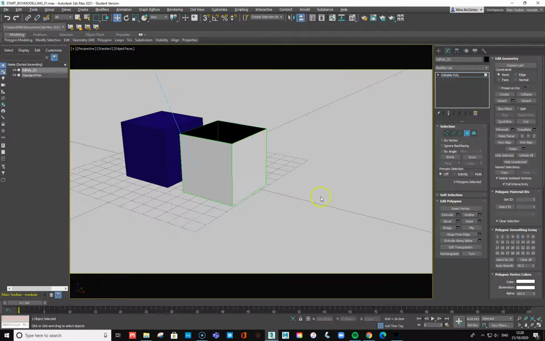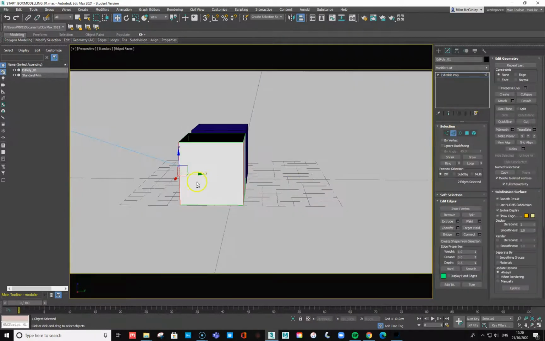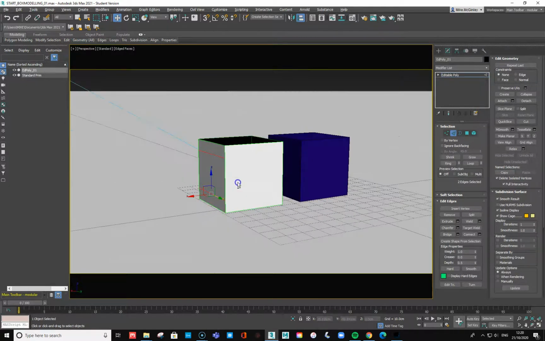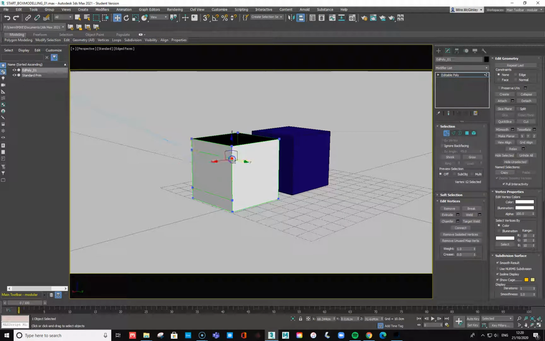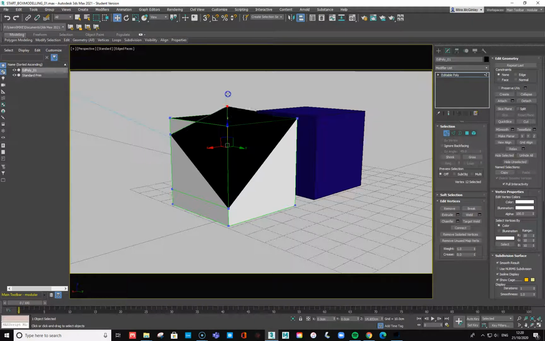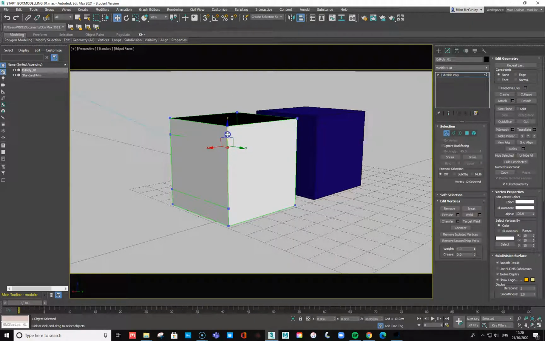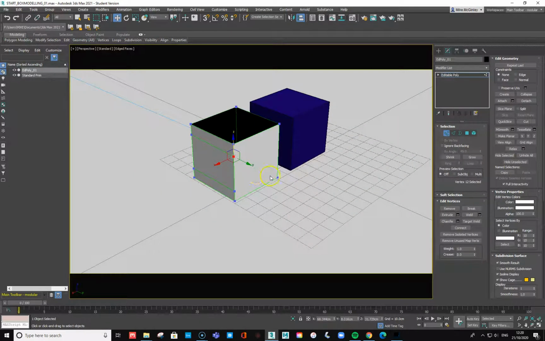Now, remember last week we were conscious of the fact that if we created a connect between two edges, we were also inadvertently creating vertex, not inadvertently, but we were also creating vertex that perhaps we weren't aware of, and those individual vertex have their own function and position on this object. Now the problem here is that if I render this, it doesn't look like there's any